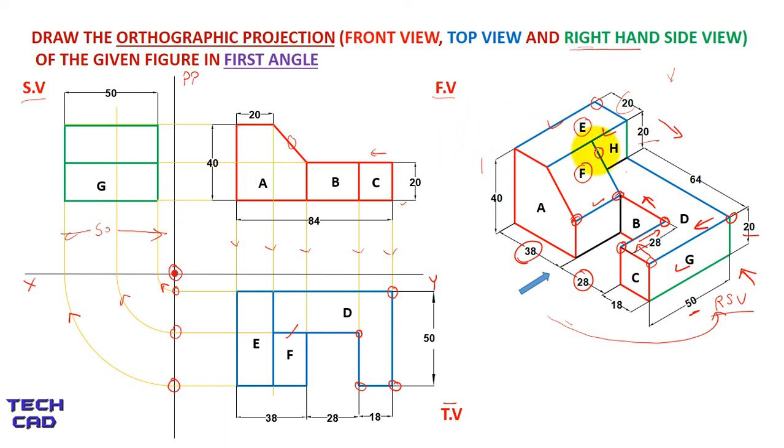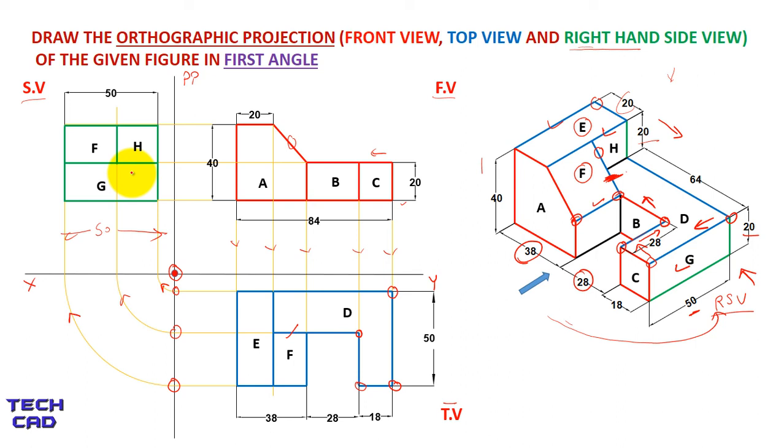In the same way, there is one vertical line which gives me the F block. So see this vertical line. This line is this one. This inclined line from the side view also gives me a straight line instead of the inclined line. So this is the H block and this is the F block from the side view. So this is the completion of the side view, or you can say that whatever edges are continuous thick and visible to the eye, I have made in the front view, top view and side view. Now some lines are still there but they are not visible to us.